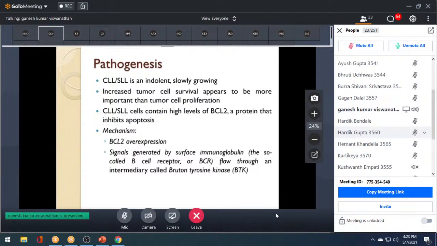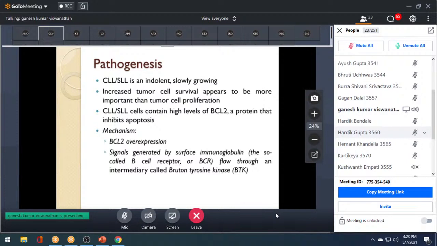Even if the tumor, even if the leukemia, is left untreated, in a large proportion of patients it goes on for years. So the patient can survive for even years. In a small proportion of patients, of course, the disease becomes aggressive and causes symptoms. Then, in that case, you have to treat the patients. In fact, a large proportion of patients, when they are diagnosed incidentally and don't have symptoms, may not be treated at all. You just observe the patient regularly to look for disease progression, and the patient can be kept under observation till